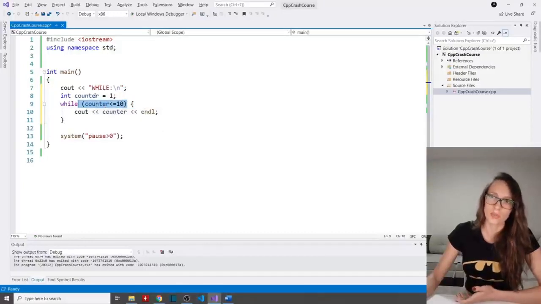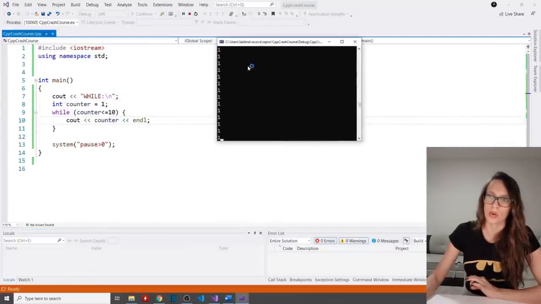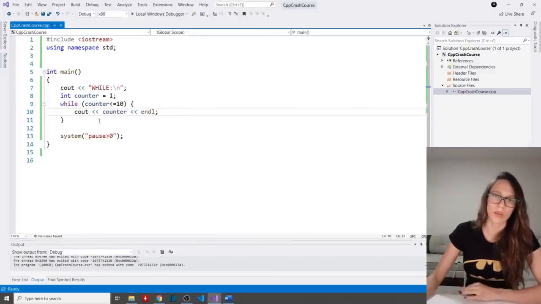This condition is true because our counter is 1, and then it iterates through this again and again and again because we have never changed the value of our counter. And if I run my program, I can demonstrate that. And as you can see, our loop is running. That was an example of an infinite loop, and you can make an infinite loop with either while or do while or for. It really does not matter.